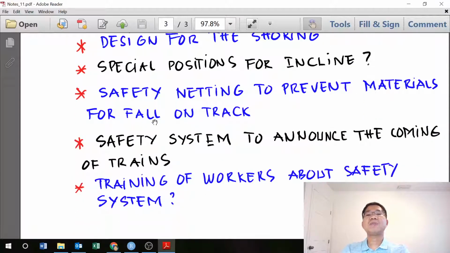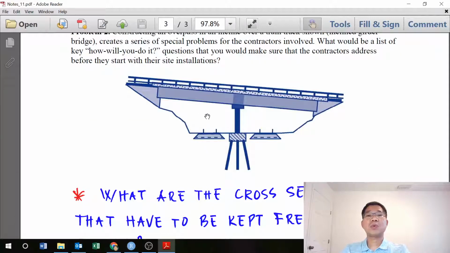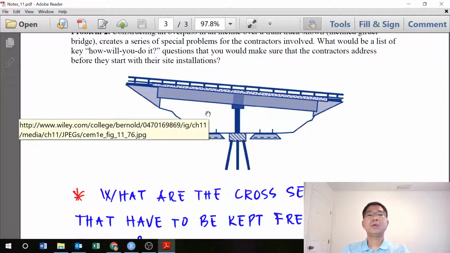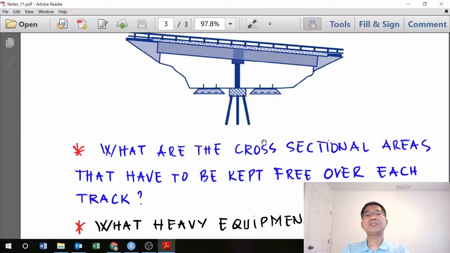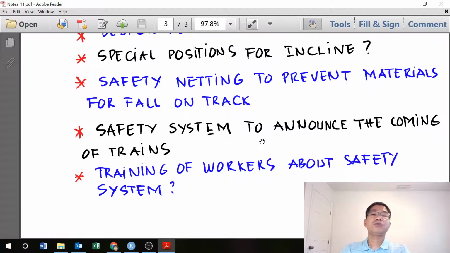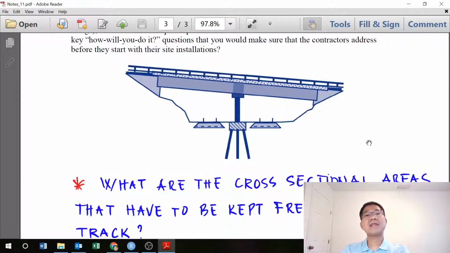Then there is the safety system to announce the coming of the trains. When you do the pipe cap and the pipeline work, if a train comes without notice, it can create hazards to workers and the people working on this site. So what warning system do we use, and what training of workers about the safety system? This is of course